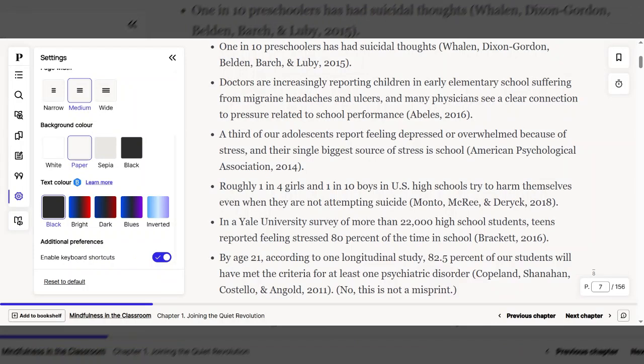And I suppose the good thing here is that if you do find a setting that works for you or a color contrast that works for you, once you set it for this book, when you go into another book, it'll maintain those settings until you go back and change them again. So you won't have to keep doing this for every book once you find something that works for you.